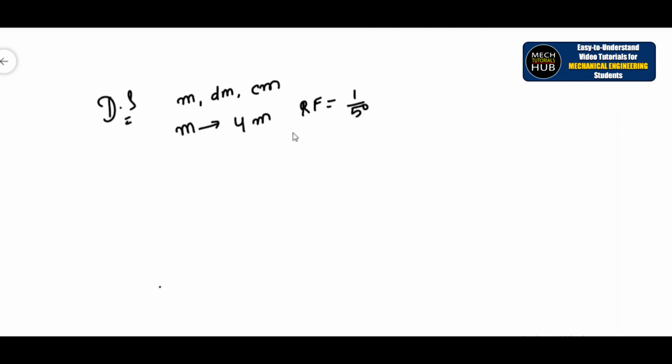Again I am going to take the same. Okay, or else to confuse, he may give you 1 meter represented by 2 centimeters. If this is the case, then what we need to do is 2 centimeters by 1 meter, that is equal to 2 by 1 into 100. Okay, that will give you again the same value.